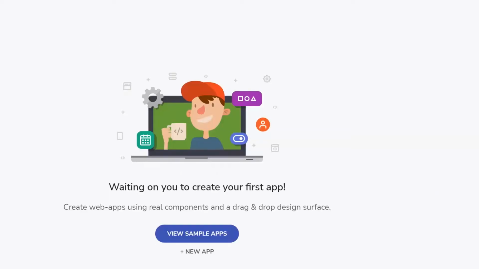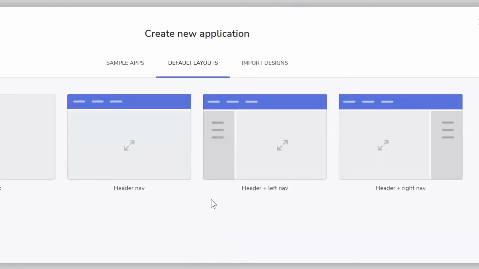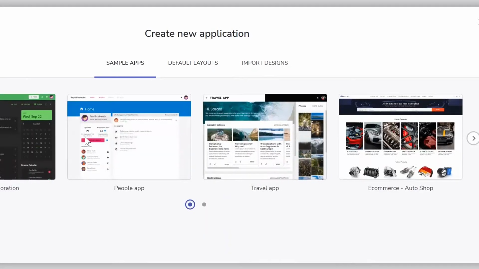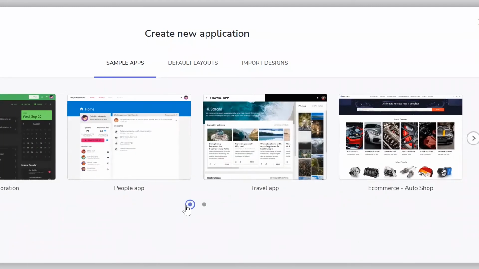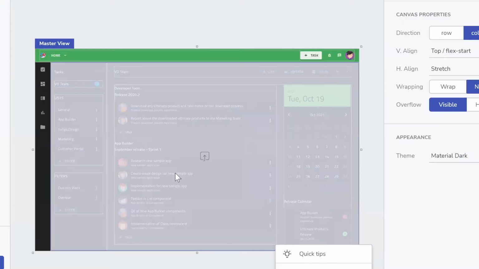Once you're in here, you've got apps, prototypes, and usability tests. We want to use apps. And I'm going to click this button here that says New App. Now, if I had clicked Sample App, it would have just taken me to this screen. So if you're new, if you've never gone to any of our webinars, definitely open one of these up. These are full, beautifully designed and styled applications that we want you to take and do whatever you want with. To give you an idea, if I just click Try Sample on this one,